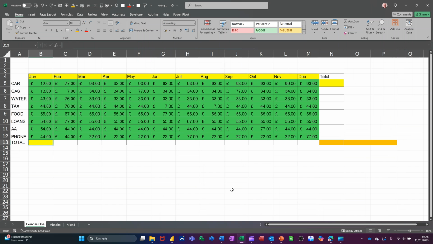Hi guys, welcome to this session in Microsoft Excel. In this module, I want to show you when to use fixing cells or dollar signs and when not to use it. So on the screen, I've got an example where I'm just going to do the total for this